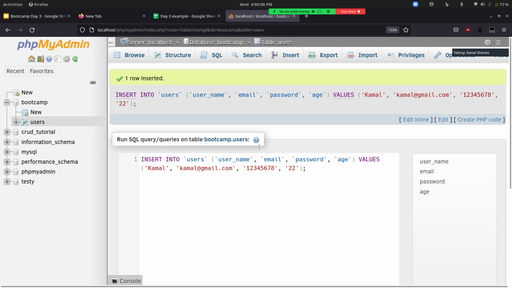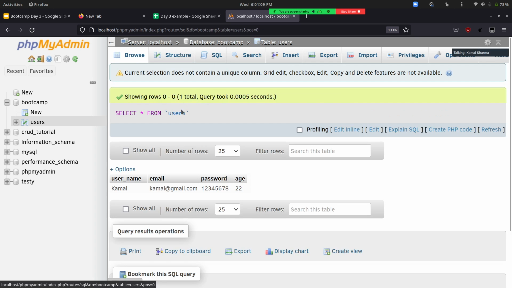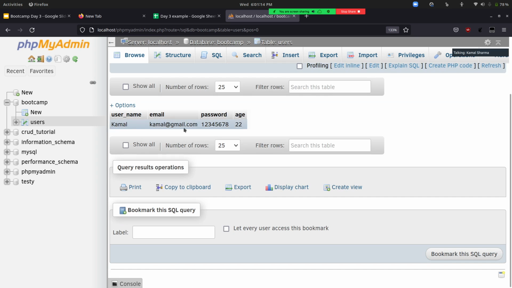When I clicked on go, you can see that it has created some sort of a query. So this is how we will be doing it manually when we are coding our application. In web development tools such as PHP, we'll be writing queries like this, which will insert the values. To check whether the value has been inserted or not, I can just click on browse. When I click on browse, it is also executing some sort of a query. And if you can see over here, it is showing the recently entered value.